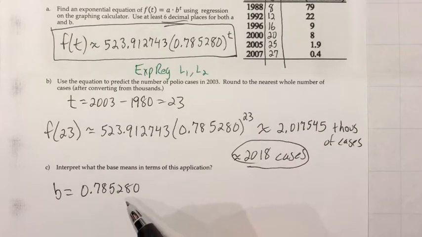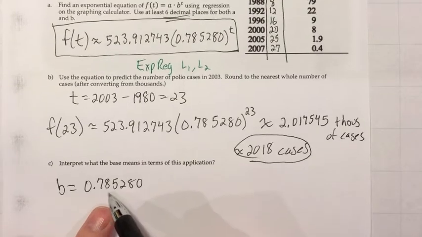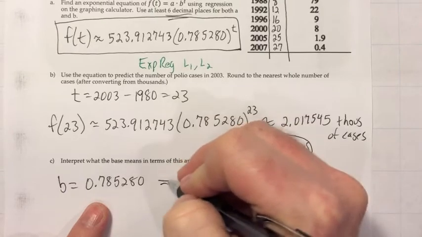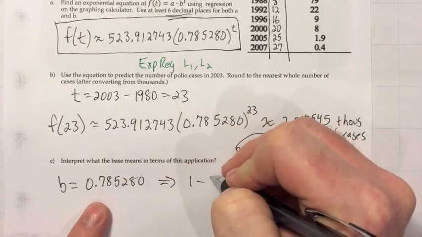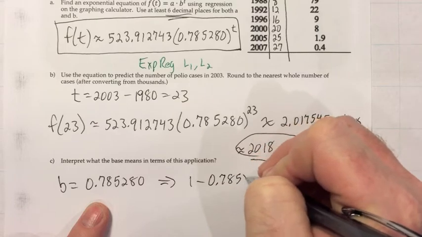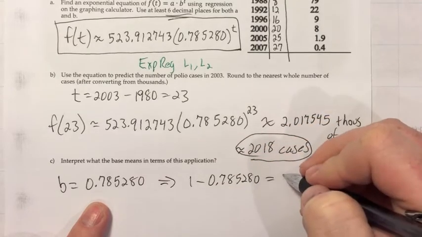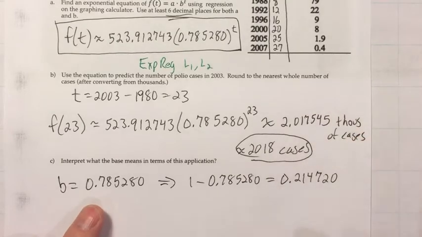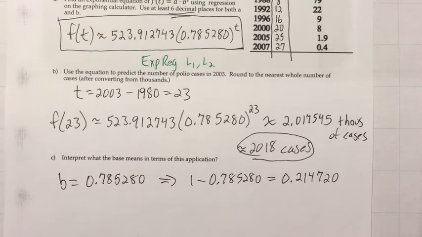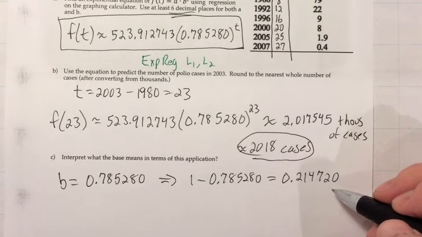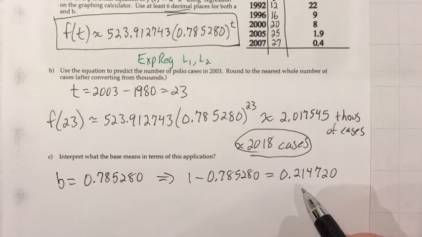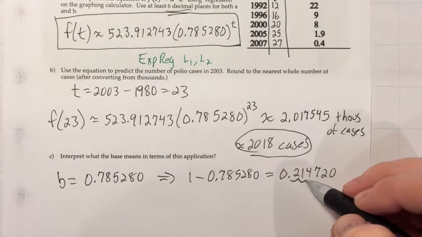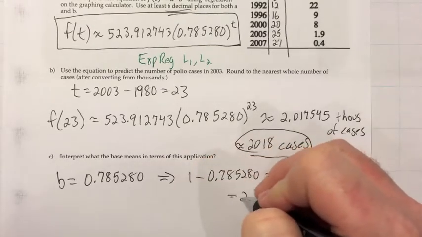So how quickly it's decaying is a matter of how far away from 1 it is. So what you want to do is take 1 minus this number. So 1 minus b, or 0.785280, is 0.214720. And once you do that subtraction, you're looking at the amount of the decay. So let's go ahead and convert that to a percentage. So we'll move that over 2 spots, and that would be